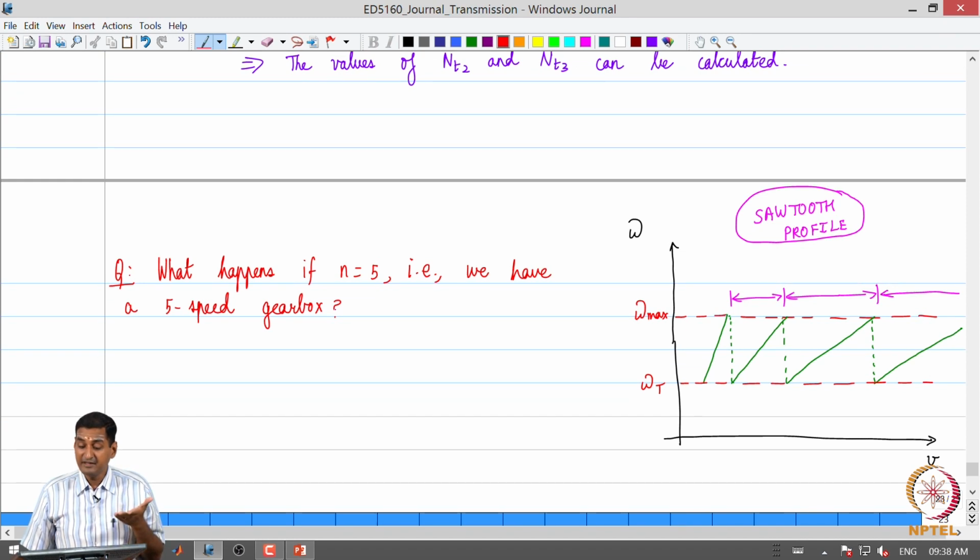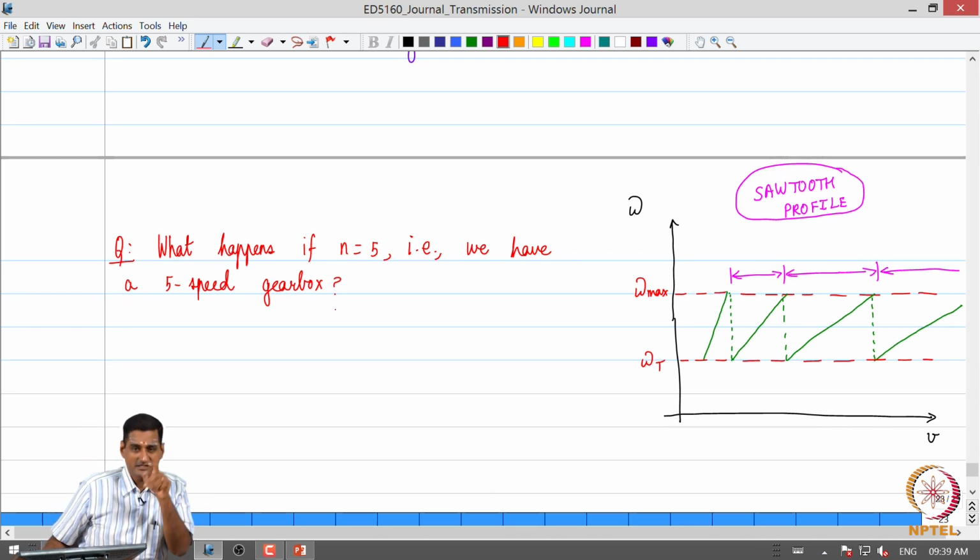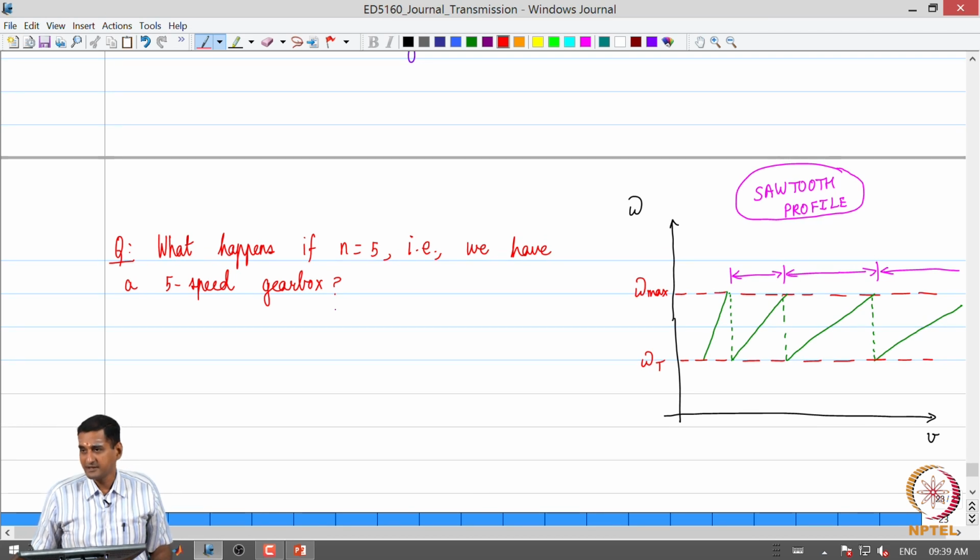So, we go for gears more than 5 typically if you want to overdrive, right. So, essentially the fifth gear will be in overdrive. What is overdrive arrangement in gears? The output shaft speed is greater than the input shaft speed. So, obviously the gear ratio is less than 1, right. So, that is what is called an overdrive gear arrangement.